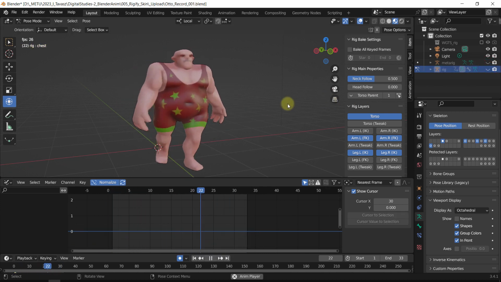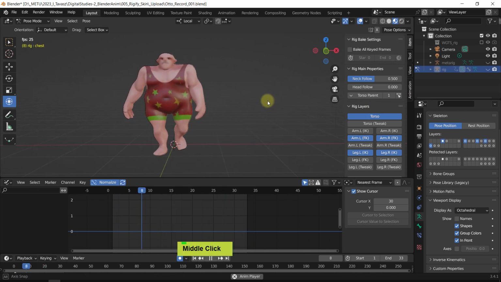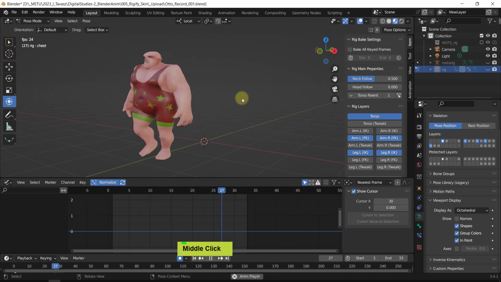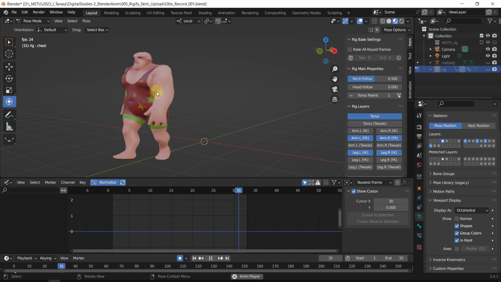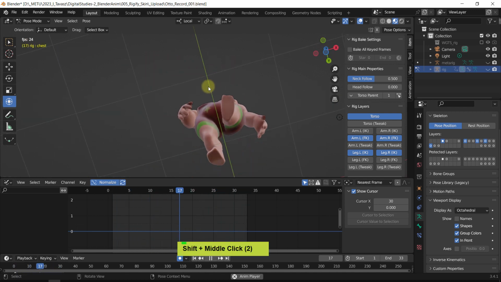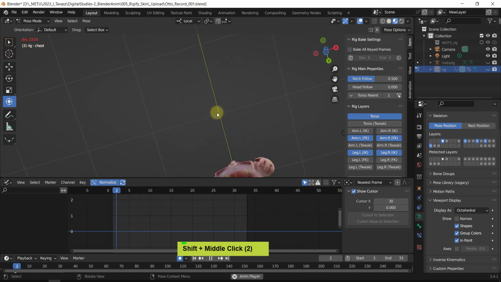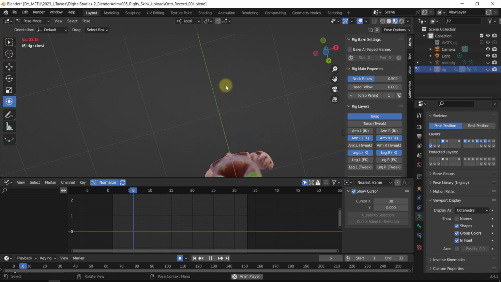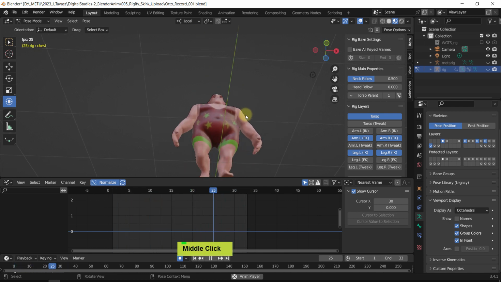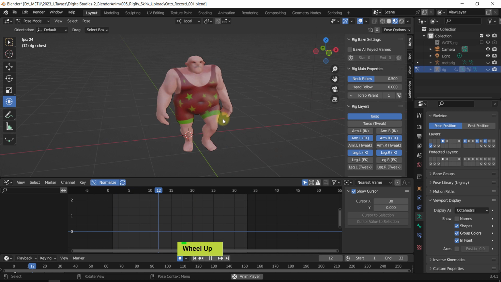Okay, let me hide the rig. So the figure walks out. There's a natural kind of rotation going on. What else can we do? The belly, if we look at the bottom, so the figure walks in a normal way. The arms are swinging normally, but what we care about is the belly, as the belly could be rotated